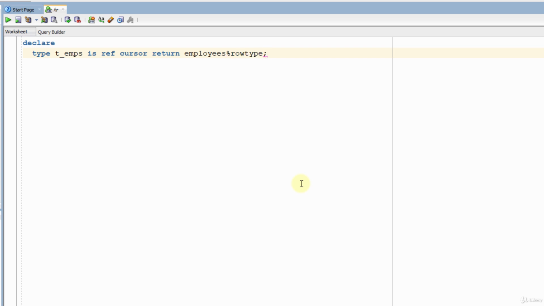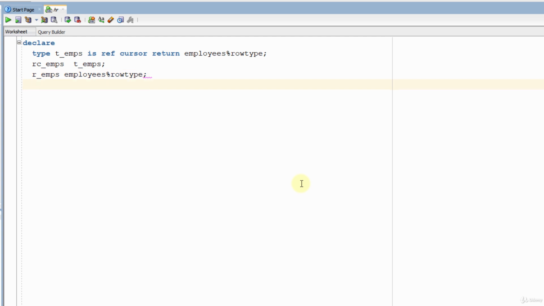Now we need to create a cursor variable with that cursor type. rc_amps is t_amps type. Now we will create a record with the same type of the return type of our reference cursor so that we can fetch into it. r_amps is employees%rowtype,